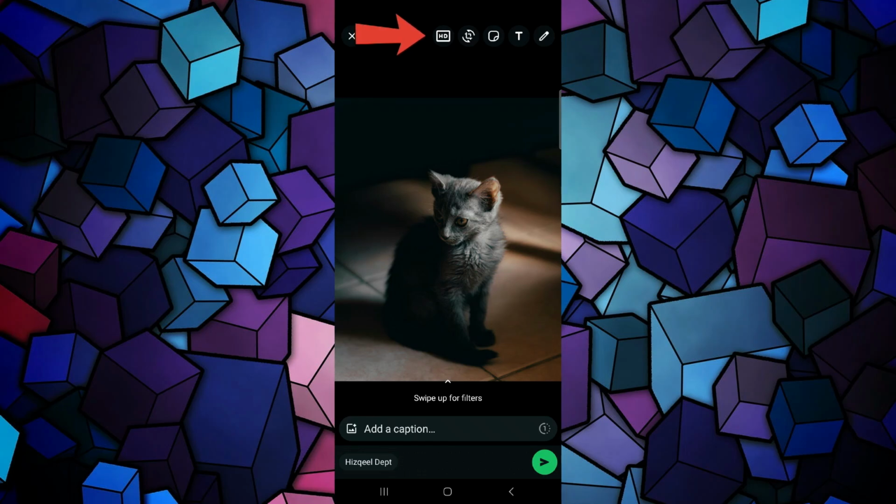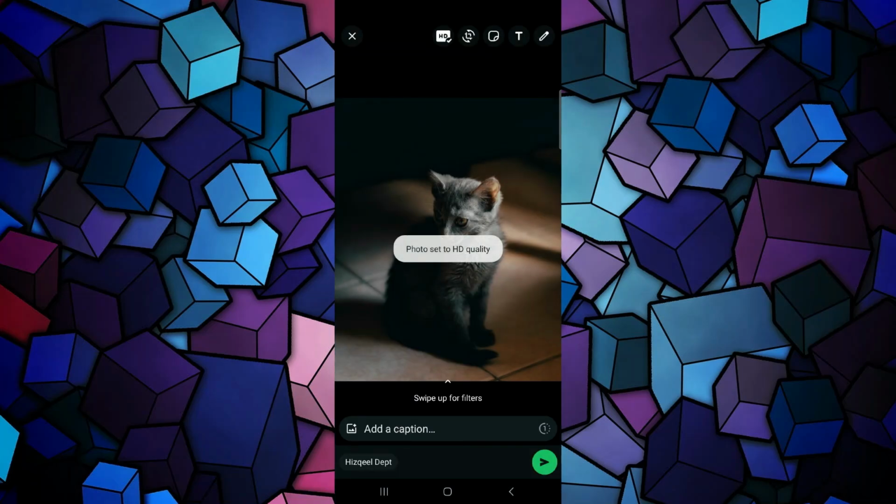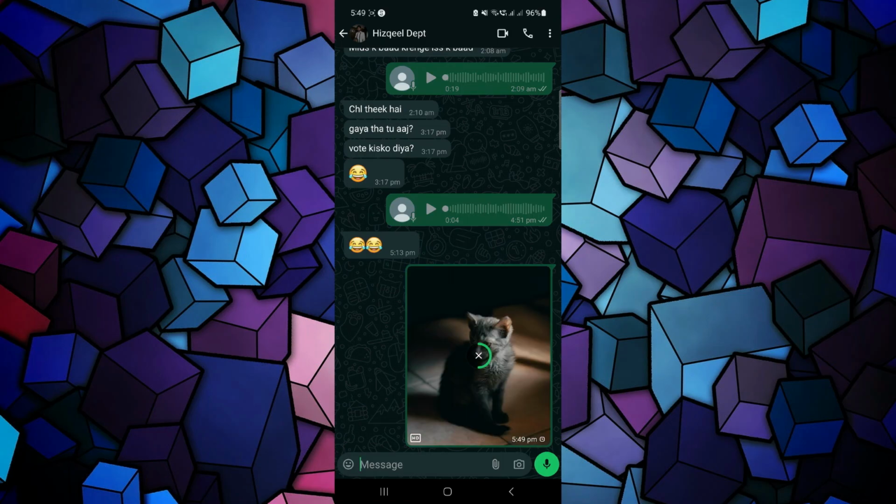Now, tap on the HD at the top and select the photo quality into HD quality, and then tap on the send icon at the bottom right. Now, once you send this image to this account, what you're going to do is go back to the